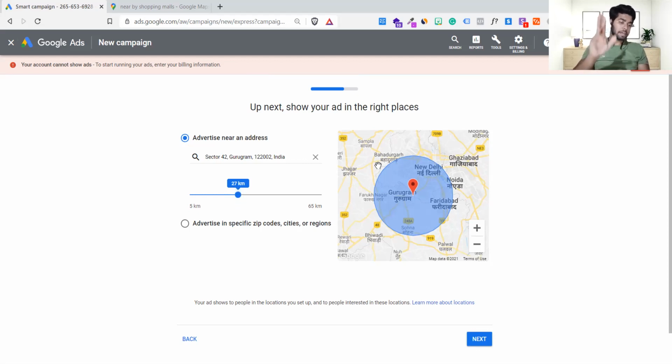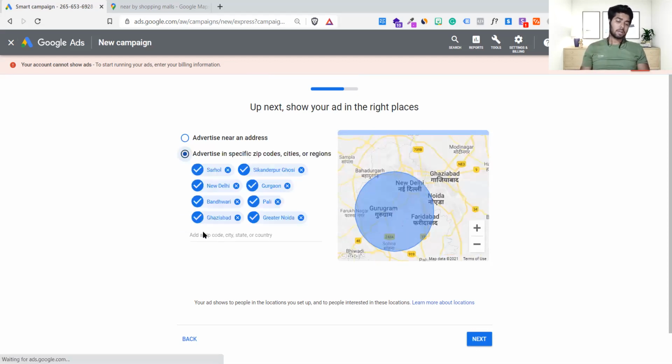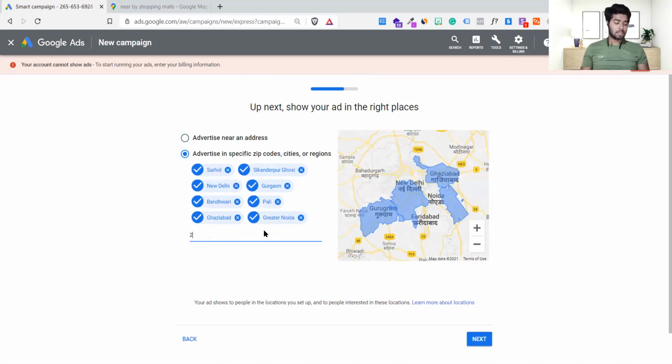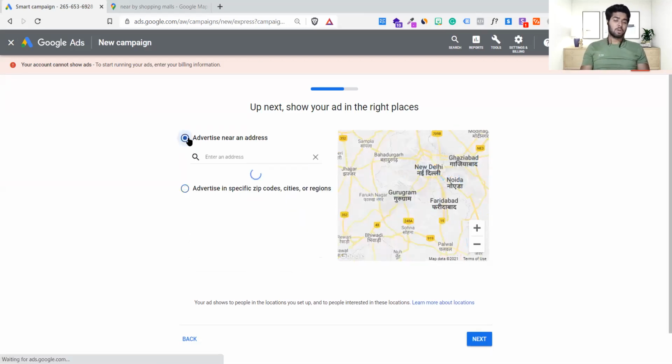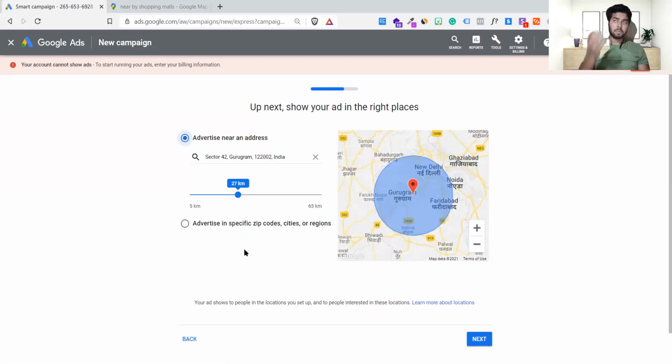You identify areas, pin codes, then give them right here. Okay, manually, like this 201, 301. Like this is one pin code. Okay, likewise you can give any of them. But if you think, okay, I want to go with the tentative idea that my store is here, and I want to cover 50 kilometers from my place in a cylindrical way, in all directions, then you will just increase it a bit, and you have a max limit of 65 and minimum is 5 kilometers.